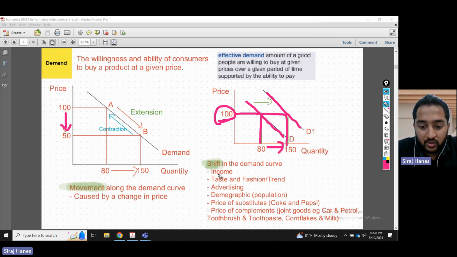So you have a few different reasons. Maybe your income went up, now you're buying more, demand is rising. Maybe there's a trend for some things. Some time ago, there was a trend of buying fidget spinners. Everyone wanted fidget spinners. It was an in thing. People just bought it. I don't understand why. Advertising, a nice advertising campaign. You fell for it. You bought it.